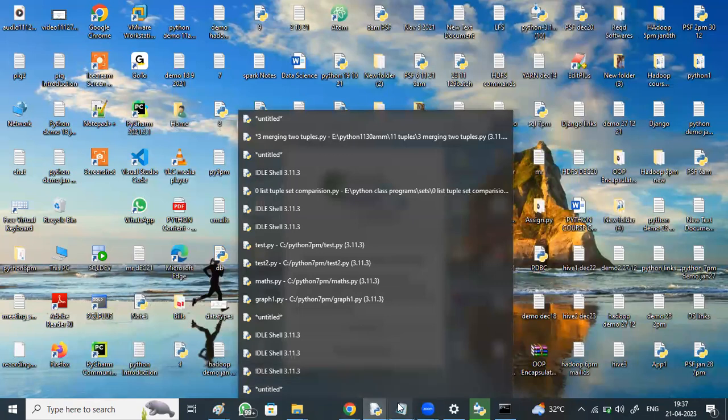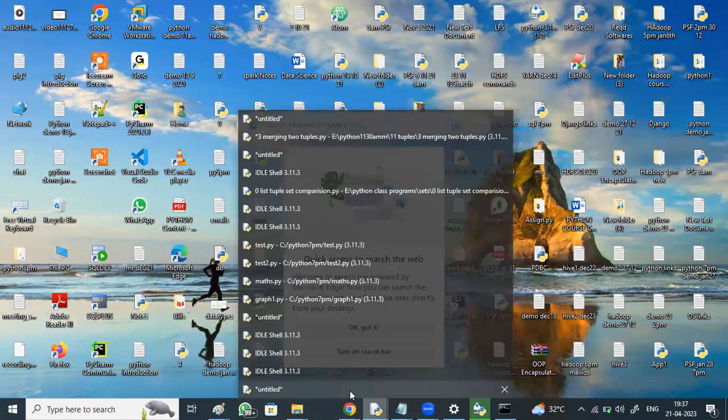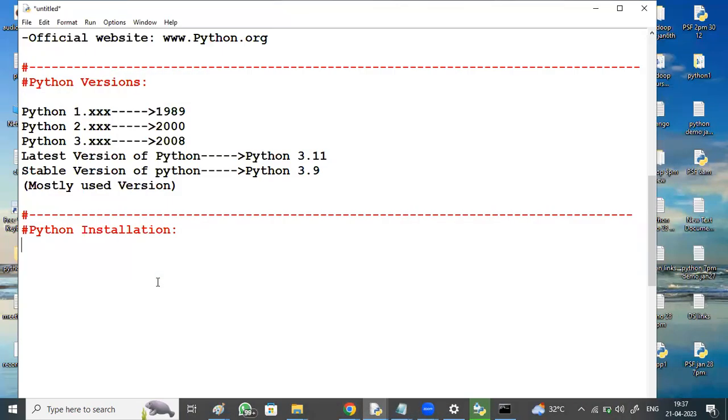If anyone is from a Linux background and wants to use Python within the Linux environment, and if you want the latest version, by default Python comes inbuilt within Linux OS. You can say sudo apt-get install python3.11. This command is going to install Python within your Linux machine, right? Yes.